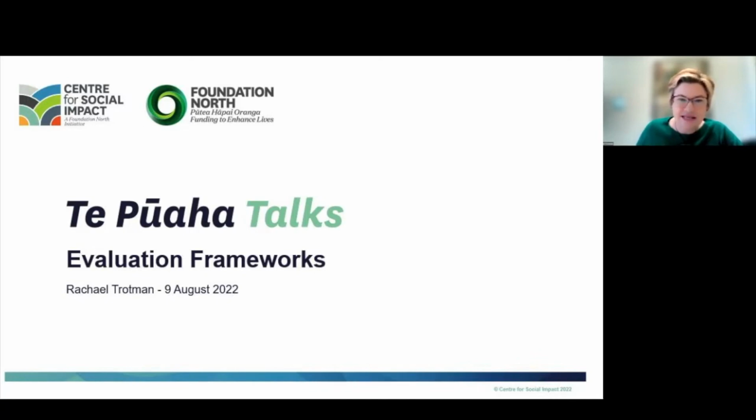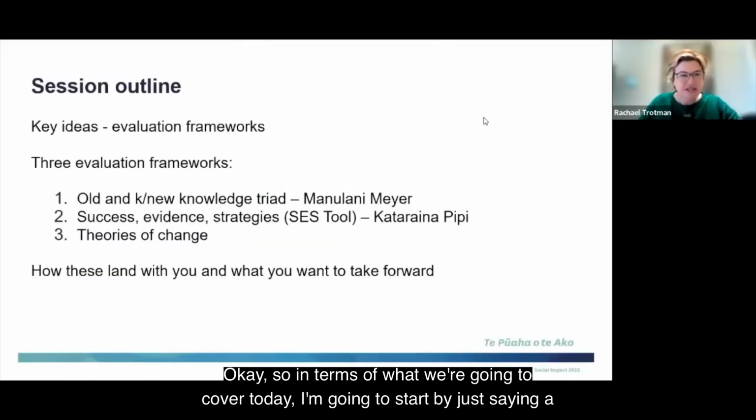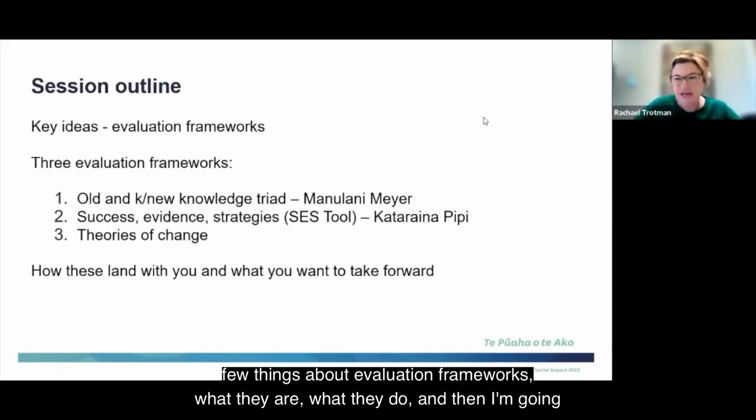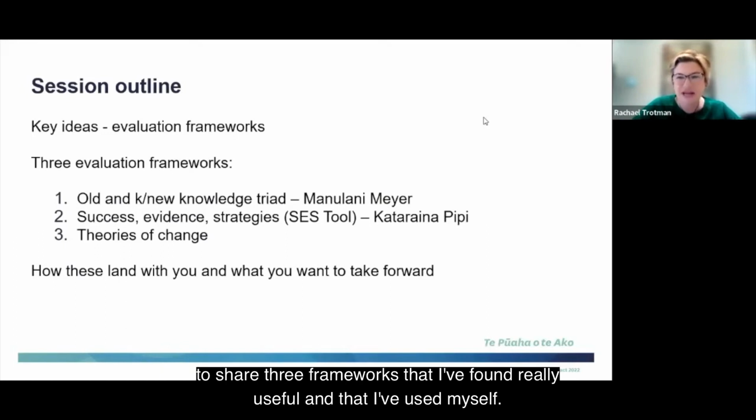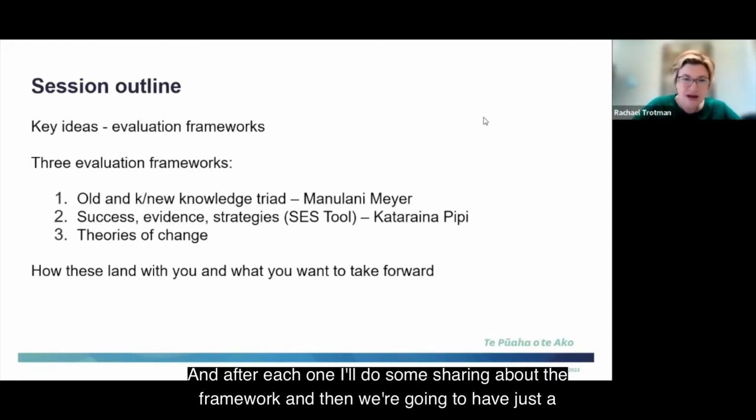the slides here. Okay, so in terms of what we're going to cover today, I'm going to start by just saying a few things about evaluation frameworks, what they are, what they do. And then I'm going to share 3 frameworks that I've found really useful and that I've used myself. And after each one, I'll do some sharing about the framework, and then we're going to have just a really